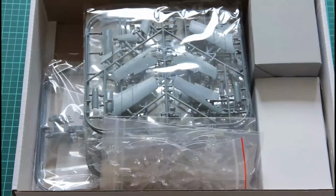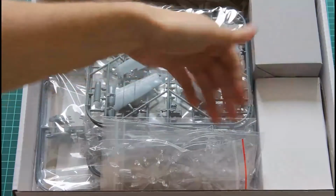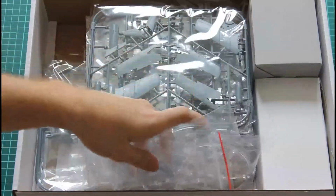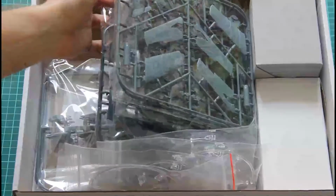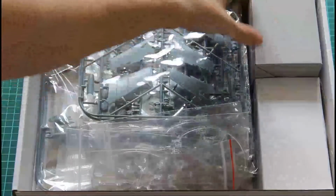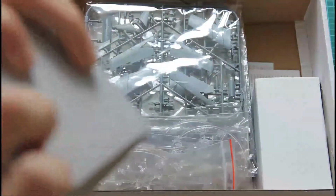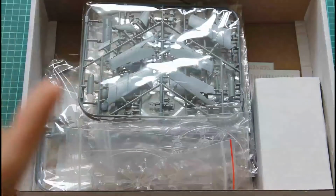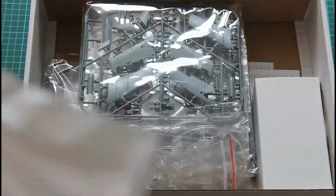As you can see, the package is quite full of the sprues, full of various boxes. There are 4 transparent sprues. Moreover, there are several bags with various grey plastic sprues, 4 to be precise, and also those nice small boxes. So let's begin from the boxes. As you can see, this one is quite small, it's a top opening box, and inside we find a special edition vodka or whiskey, or maybe just a juice glass